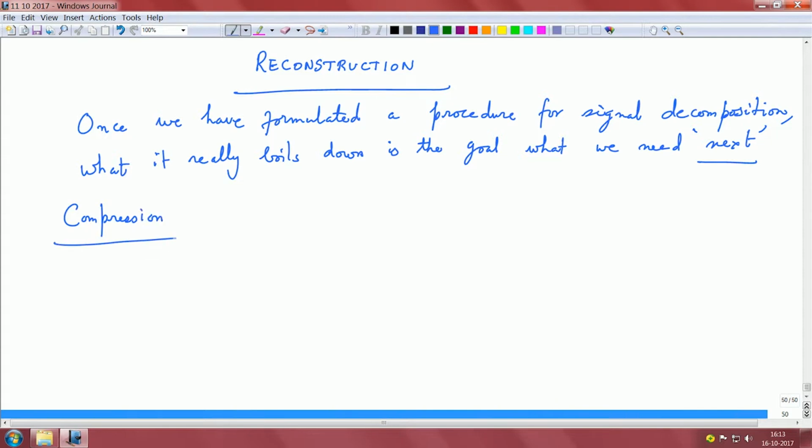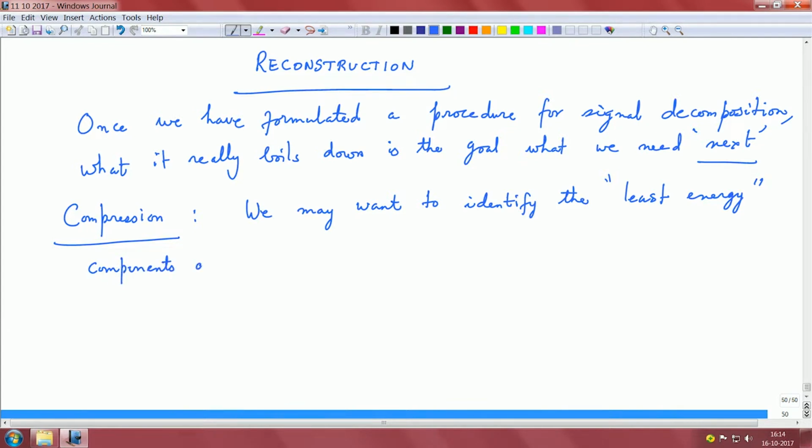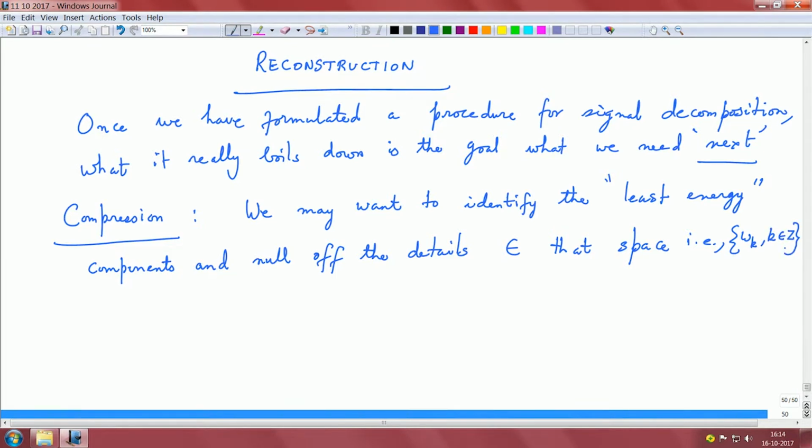The first is for compression. We may want to identify the least energy components and null off the details that belong to that space, that is, those WKs, K belonging to Z, you might figure out which of them are least energy components and null them off and get an approximate